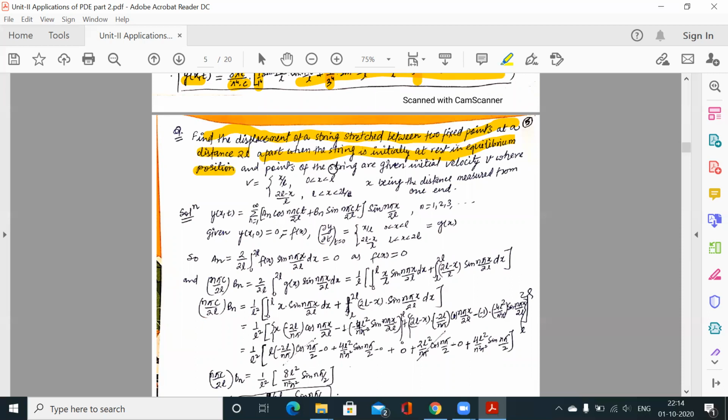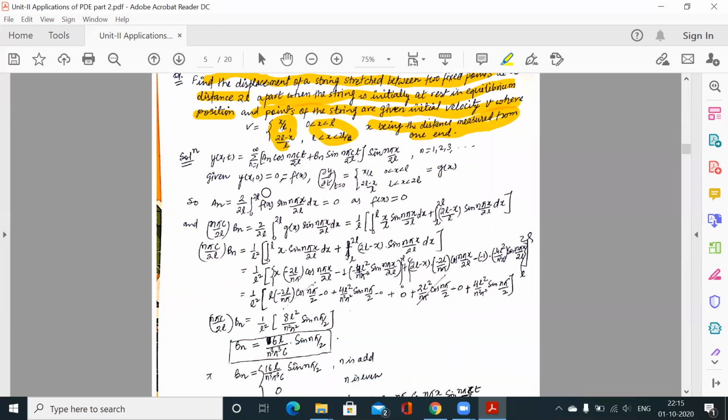the string is initially at rest in equilibrium position, so equilibrium position में उसका value क्या है 0, that means fx is 0 and points of the string are given initial velocity v where v is this, so this is initial velocity from one end। so initial velocity आपको दी है, that means हमें gx दिया है। so initial velocity कैसे दिया है 0 से l, क्योंकि टोटल लेंथ स्ट्रिंग की क्या है 0 से 2l, सो 0 से l तक की वेलोसिटी ये है एंड l से 2l तक की मींस हाफ स्ट्रिंग की वेलोसिटी ये दी गई है। सो सिमिलरली वही क्वेश्चन करना है, कुछ नहीं करना, बस इंटीग्रेशन है। सो हम वी नो दैट आवर सॉल्यूशन ऑफ वेव इक्वेशन और डिस्प्लेसमेंट इज इक्वल टू दिस वेयर